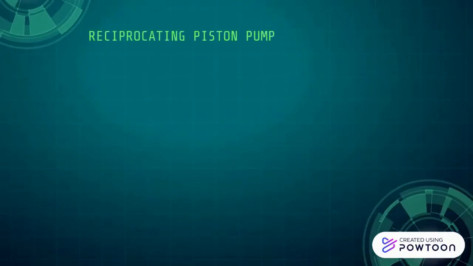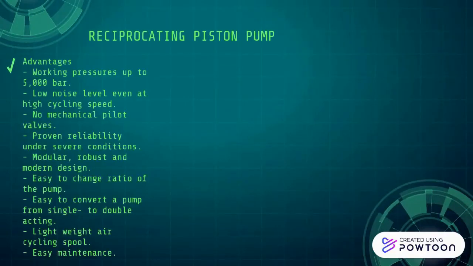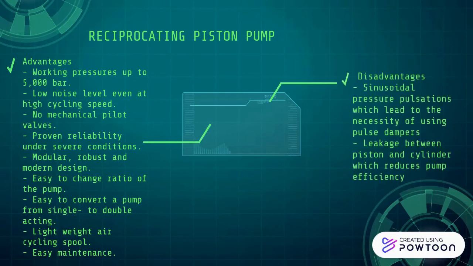For the reciprocating piston pump, some of the advantages are it has working pressures up to 5,000 bar, it has a low noise level even at high vacuum state, and it is easy to maintain. On the other hand, the most familiar disadvantage for this pump is leakage between piston and cylinder, which